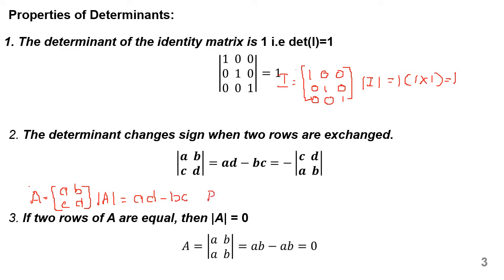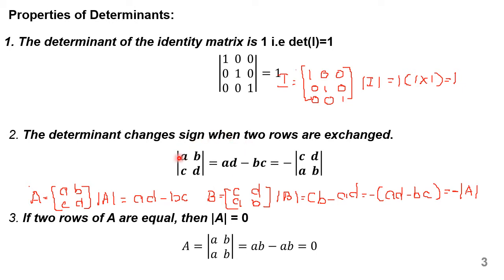Let me interchange the two rows and define a new matrix B, that is C D, A B. When I take the determinant of this matrix, B is equal to CB minus AD. When I take a negative sign out, I am going to get AD minus BC. This is equal to minus determinant of A. Hence the second property is proved. We say that when we interchange the two rows, when we take the determinant, the